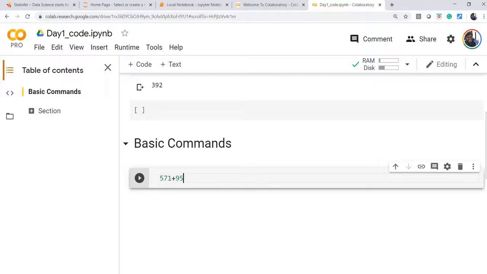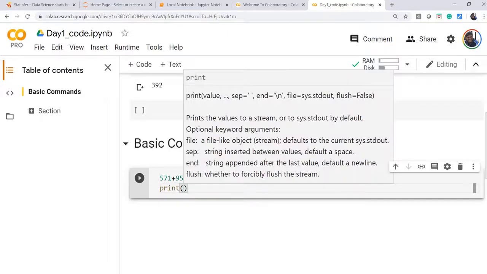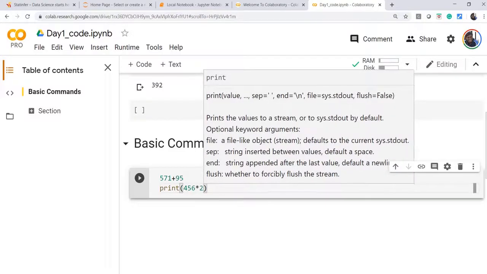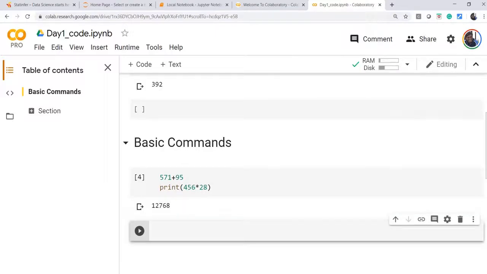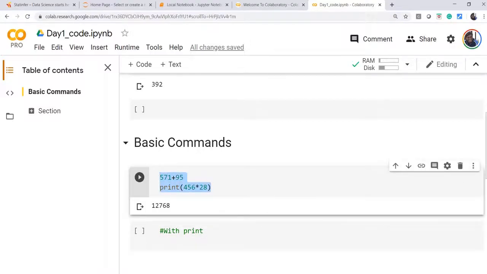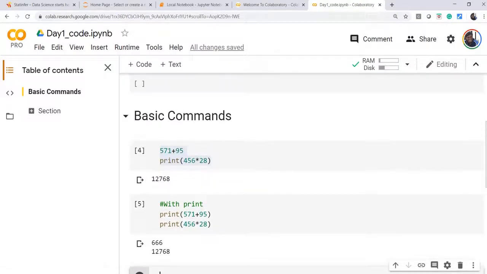Now there is a difference between directly writing the command, whereas if we write a print function and our command, the print function will make sure that the output is printed in the output cell. Now if we execute this, we are expecting 2 lines of output. Since we haven't explicitly mentioned print in the first command, we will not see the output. If you want to see 2 lines of output, then you have to mention print in the first line as well as print in the second line. So from here on, to be on the safe side, if you want to print something in the output, always mention print wherever you want to print something.